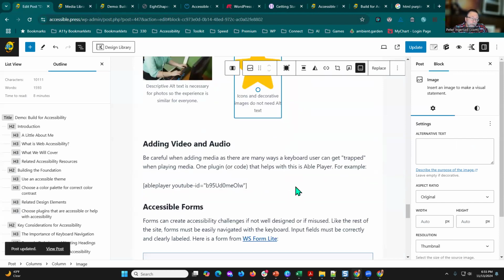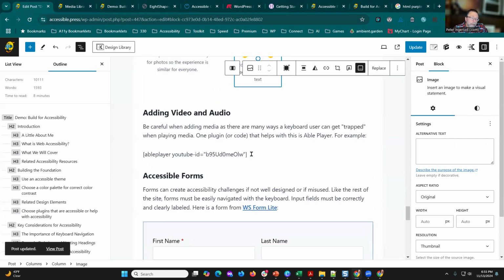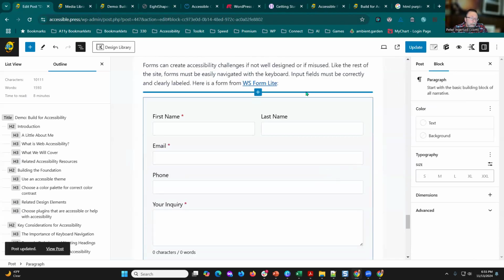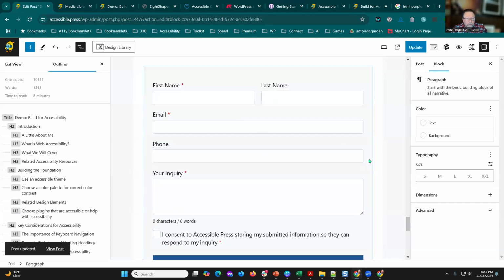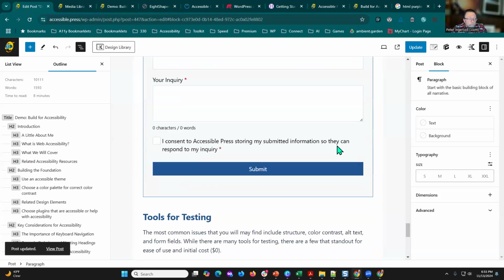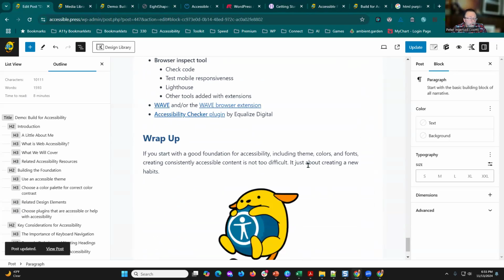It's bogging down things. My able player, here's the short code that shows something. I'll show you in the front end. Forms, we can show this is just a straight out of the box form from WS Form, and then we'll talk about tools and testing. So why don't you key up some questions while I go over here and show you now on the front end